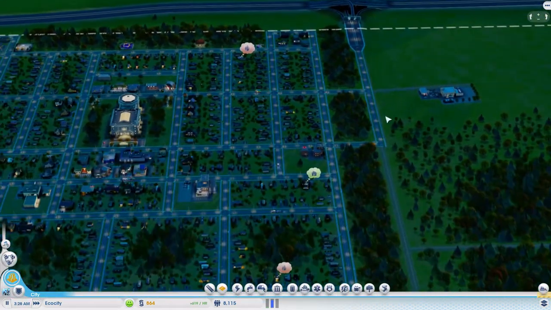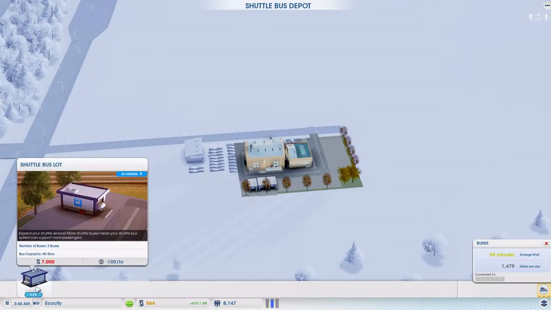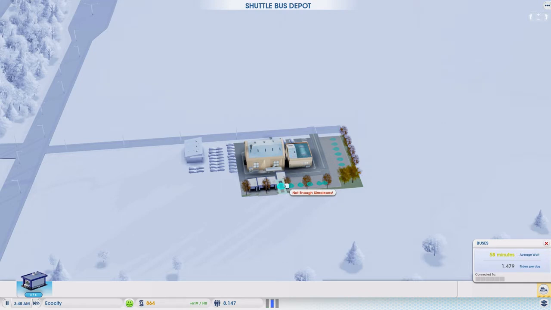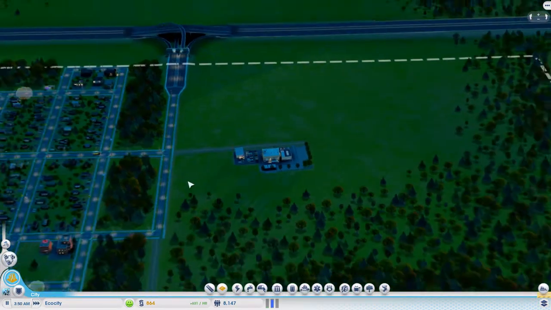And there we go, so that should be enough now. So they've got 9 buses. How much does one give us? Oh, number of buses 3. They can fit 3 in that tiny little gap. So 3, 6, 9. Jesus. That's nuts. Right, okay. Well,